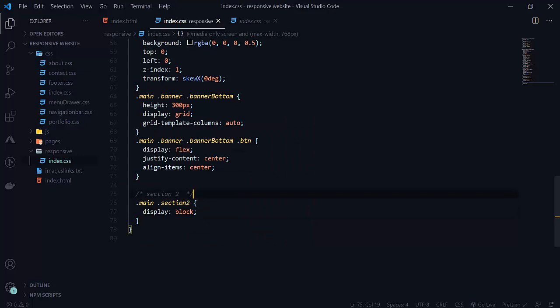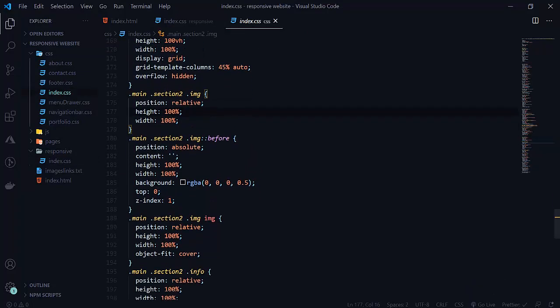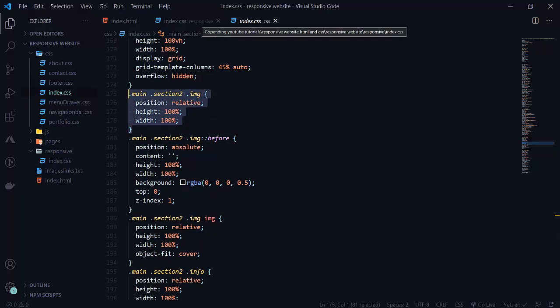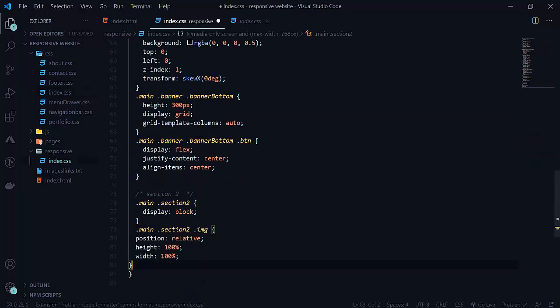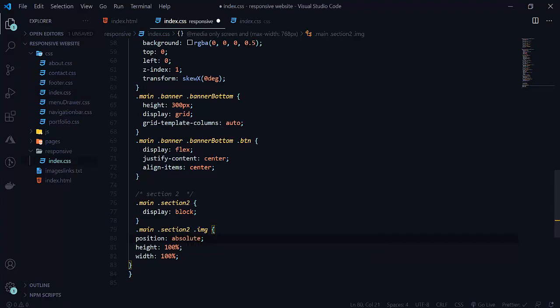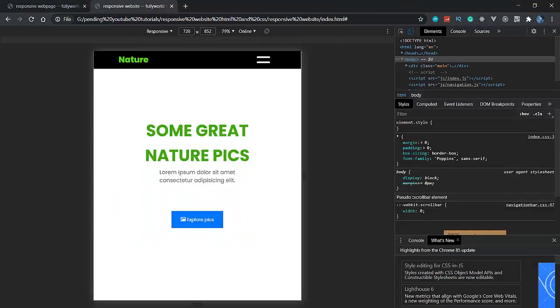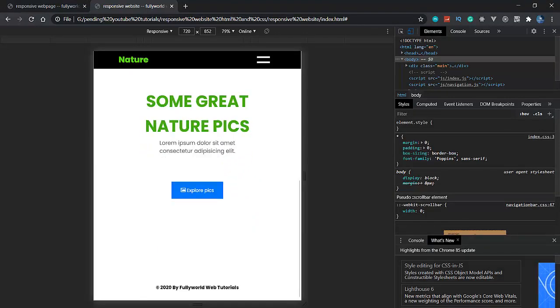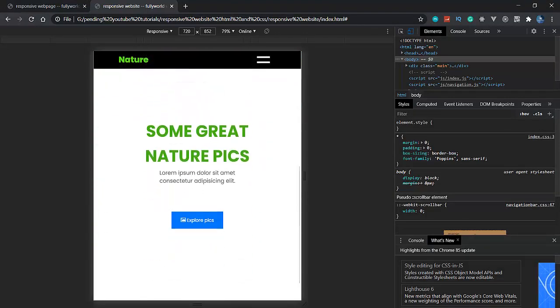Go to our image here. For the image, copy this now and paste this also. For the image, its position will be absolute, and we don't have to set its z index, etc. So reload this. Here we are not getting the image at the bottom.